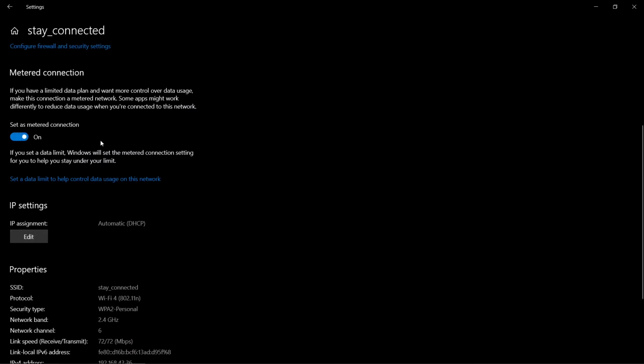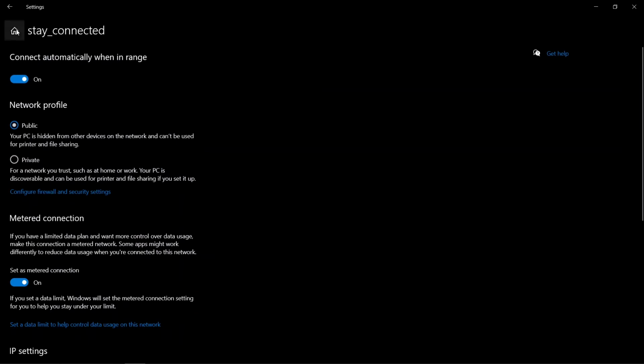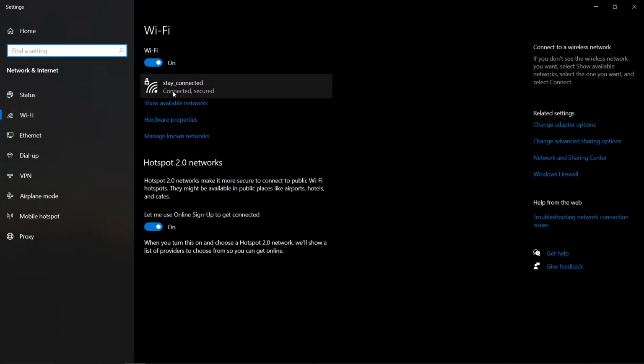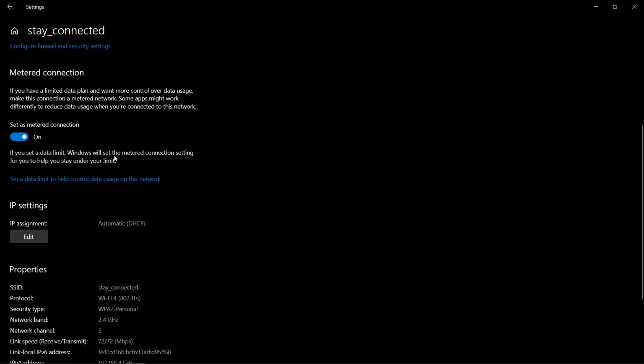This will stop Windows from automatically updating your PC when you are connected to a metered network. You have to change the setting for all the connections you are using. So if you have maybe 5 different Wi-Fi networks, you can always go ahead and set them as metered. But this will only stop updates on that specific Wi-Fi or hotspot.